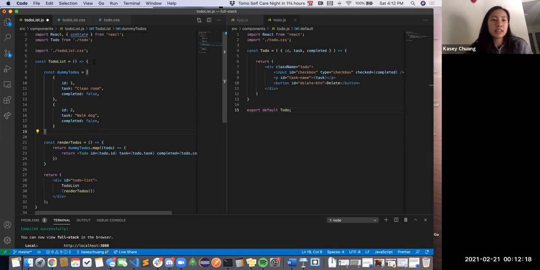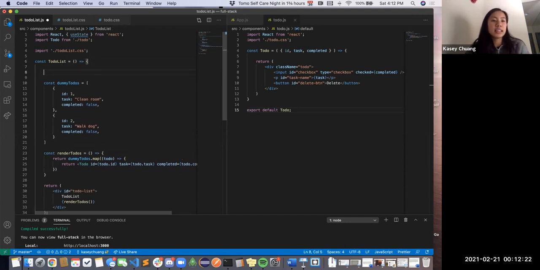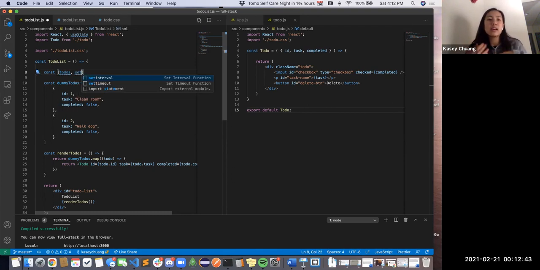So in order to do that, we're going to go to the very top of our React component, and I'm going to add const, and then in brackets, usually how you do it is you specify first the name of the state. So if I do to-dos, and then the second part is a function that you can use to set that piece of state. Usually you call it set and then whatever your state's name is. But technically these things can be named whatever you want. This is just the normal convention. So if I do setTodos,